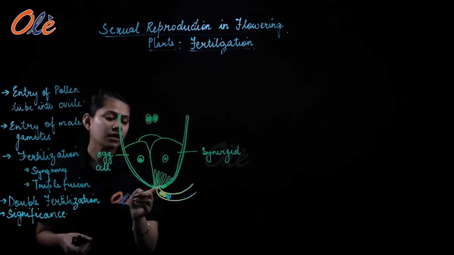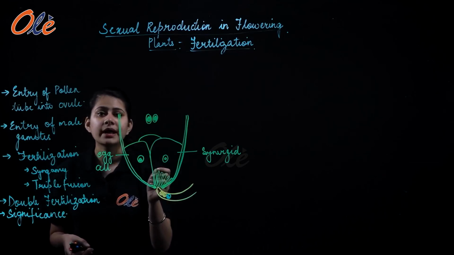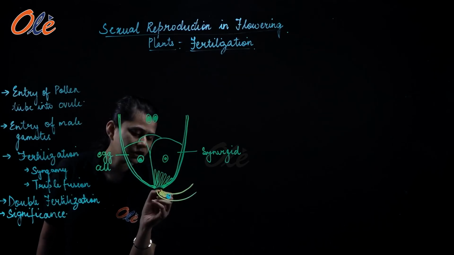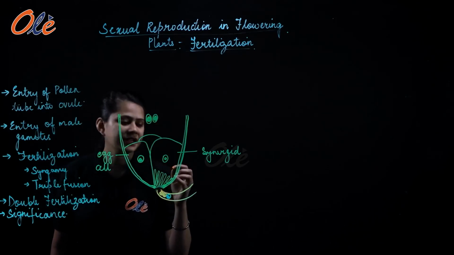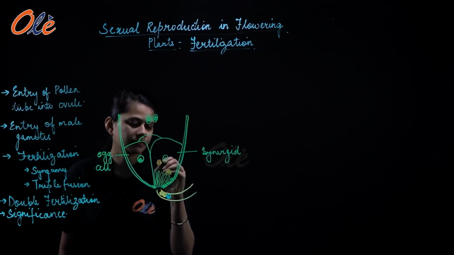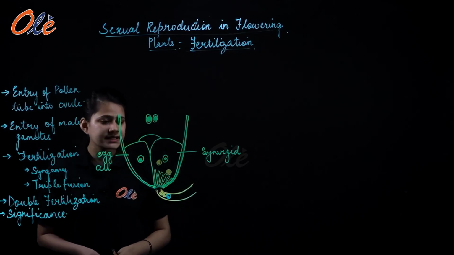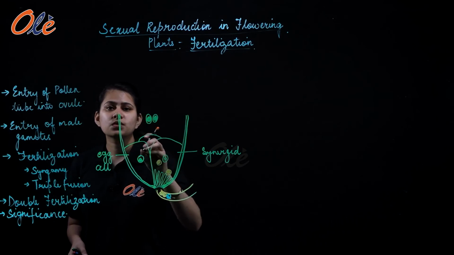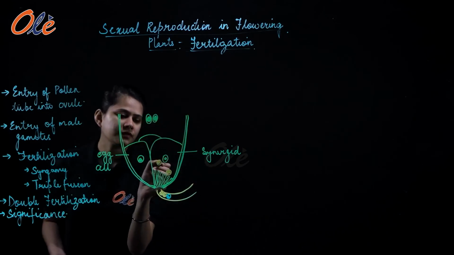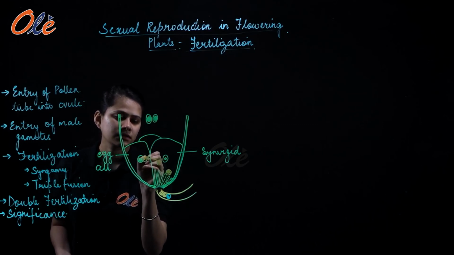And then the pollen tube is going to burst from its tip, right? And the male gametes are going to enter into the synergids first. So here the pollen tube has disintegrated and the male gametes, they are going to enter into the synergids, right? Now, as the male gametes move through the synergids, one of the male gametes is going to go ahead and fuse with the egg nucleus. So, one of the gametes is going to go ahead and fuse with the egg nucleus here.